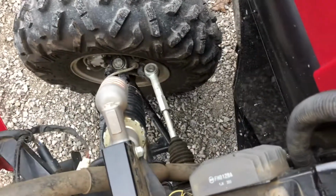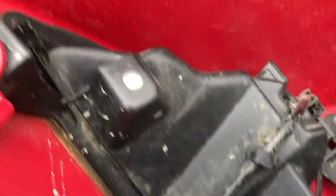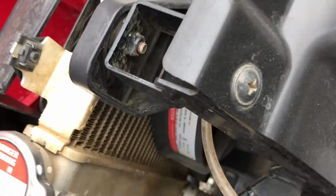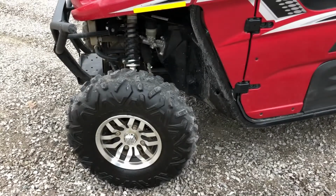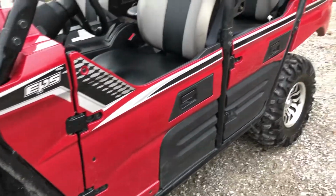So here you can see the fuses, the coolant, and the battery is tucked away over here somewhere. Here's our lighting housings, the radiator, your belt,